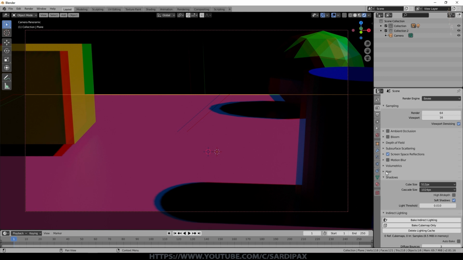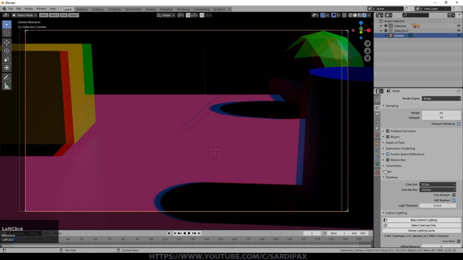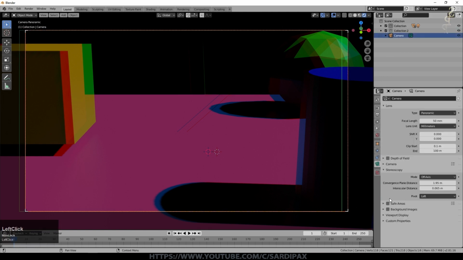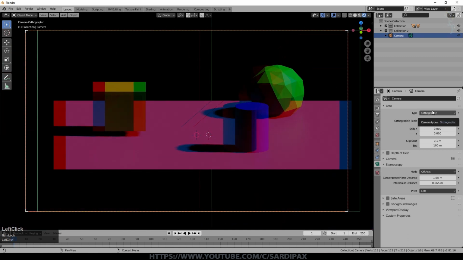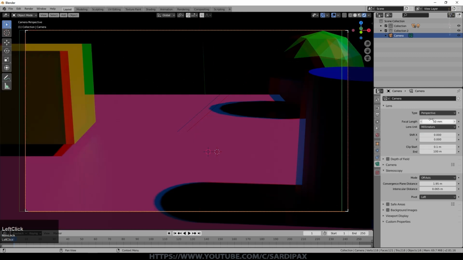So we're in Eevee and we select our camera and we go to our camera settings. Panoramic, as I said, in Eevee doesn't work. I haven't tried orthographic, but it looks like that works. And the normal default is your perspective camera. Focal length, that's up to you. I generally leave that at default. Up to you whether you want to use depth of field, but things like that can get a little bit more complicated when you're dealing in 3D. I didn't bother changing any of the settings for the camera.